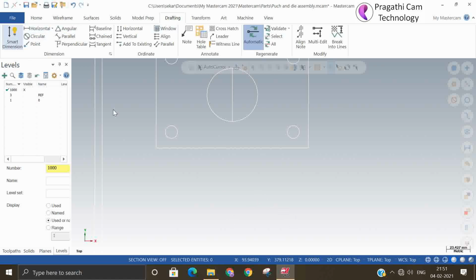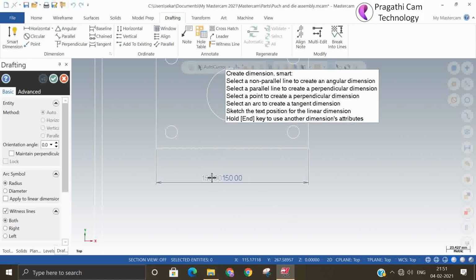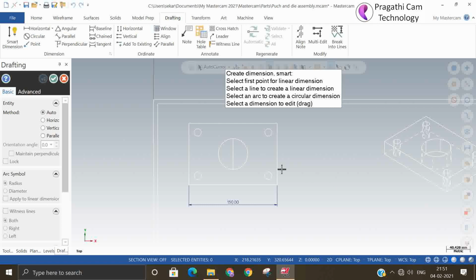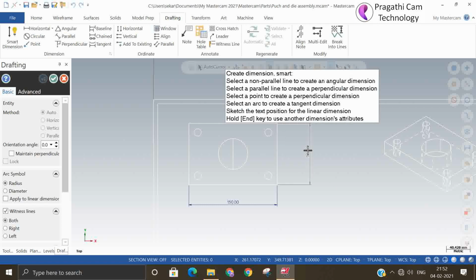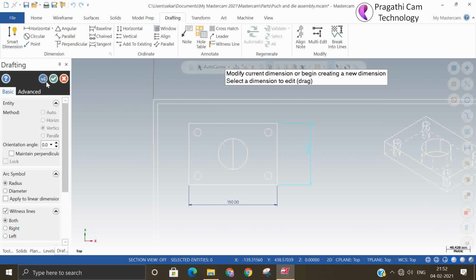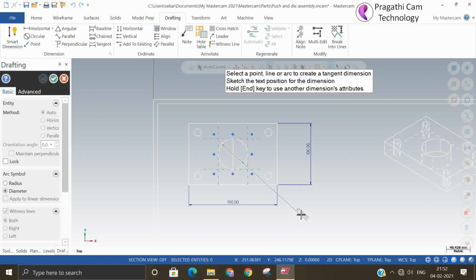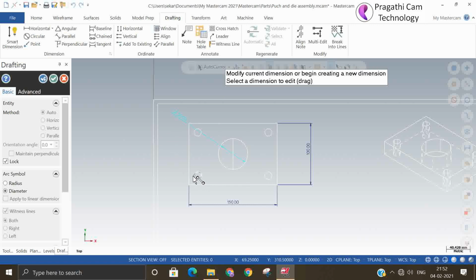Again, I'll select and go on to add the dimensions. Vertical. Okay, this circular dimension. So all the outer circle dimensions. Okay.